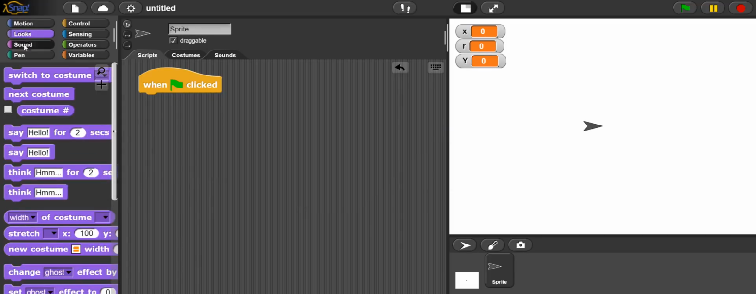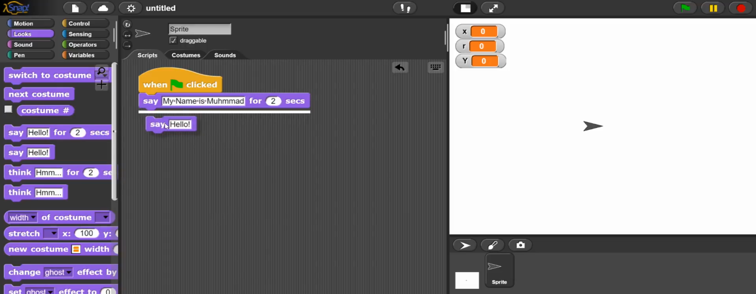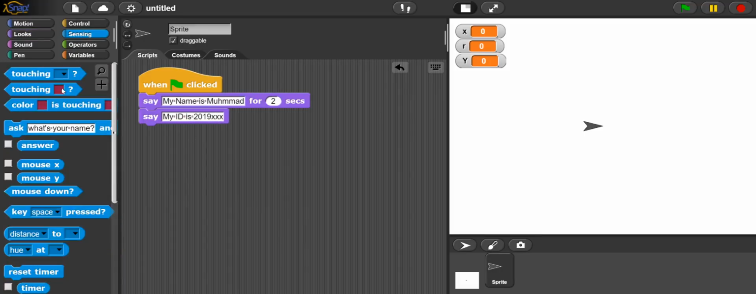You go to the looks area and you display your name by simple name command. My name is Muhammad, and then you display your ID. You say my ID is whatever your ID is. And after that, you get the two inputs using the sensing. I can ask